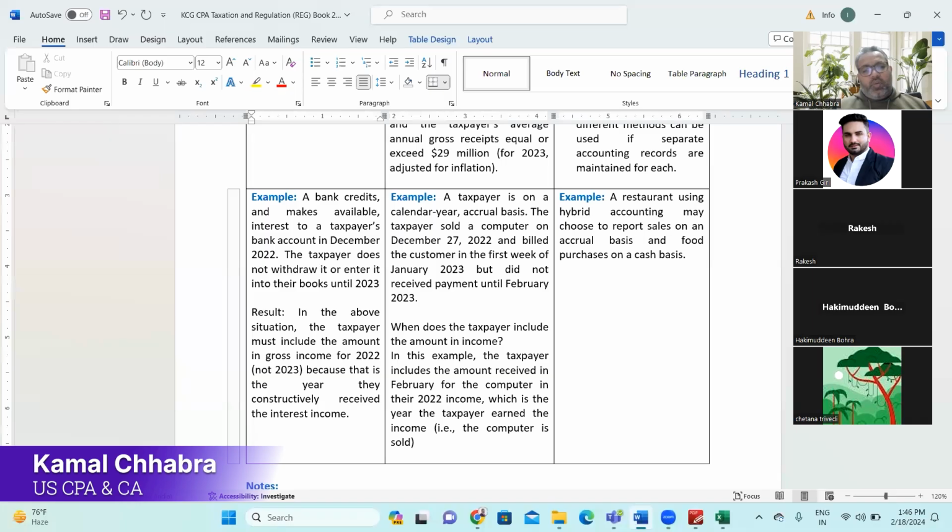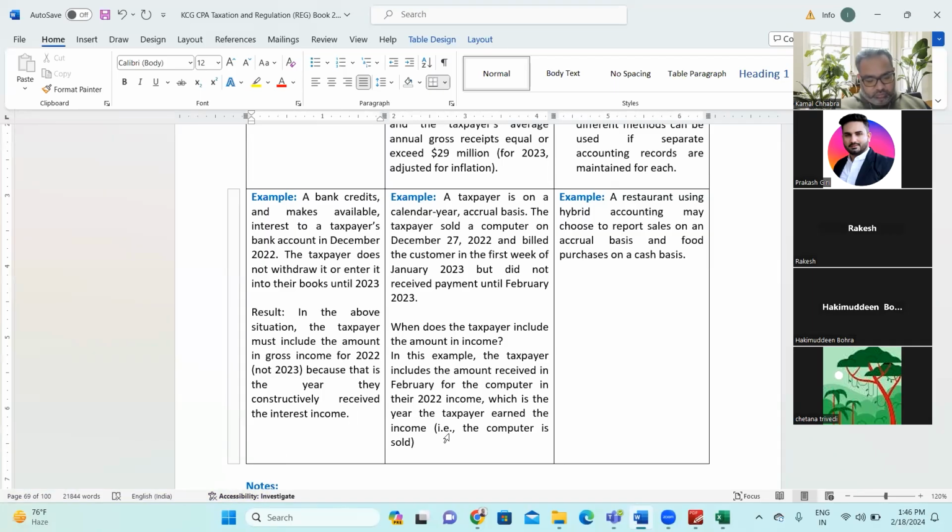So in this example, there is one issue here. Since he is following the accrual basis of bookkeeping, but the actual invoice he raised in the month of January. If he was following the accrual system, then he should have raised the invoice in December itself, not January. That's a control failure, I would say. But yes, the income will relate to 2022. So as an auditor, you should give this observation of the control failure, that ideally the invoice should have been raised in 2022 itself.